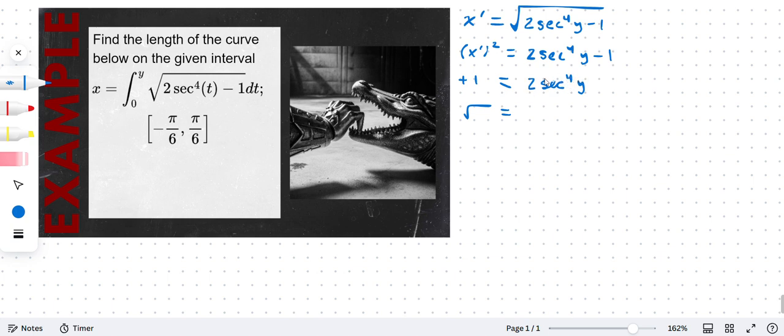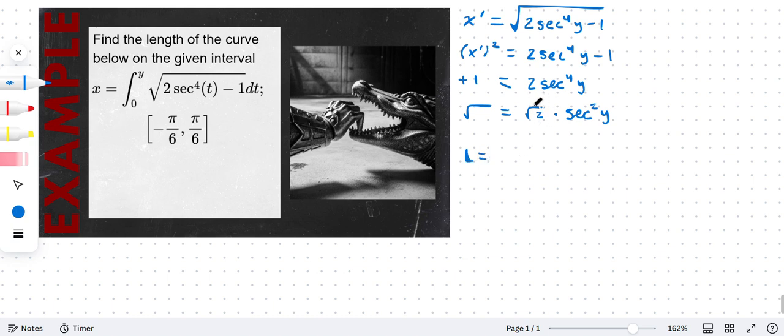Now, what we can do with a square root that has a product in it, we can take the square root of the first piece and multiply it by the square root of the second piece. So when we do that, we're going to get the square root of 2 times secant squared of y. So let's go ahead and finish this one out. So our arc length